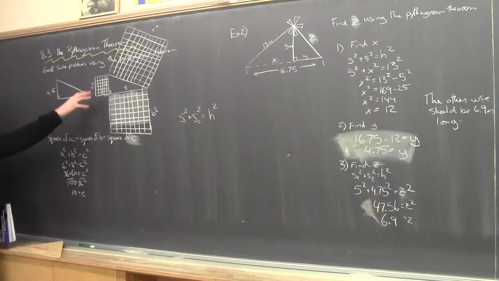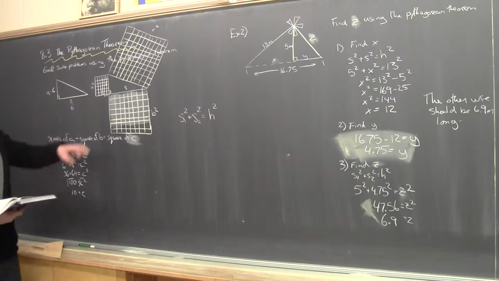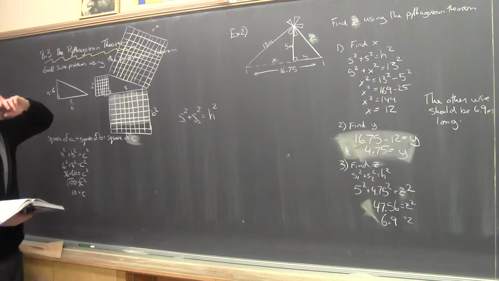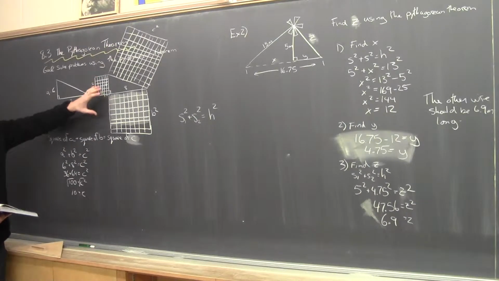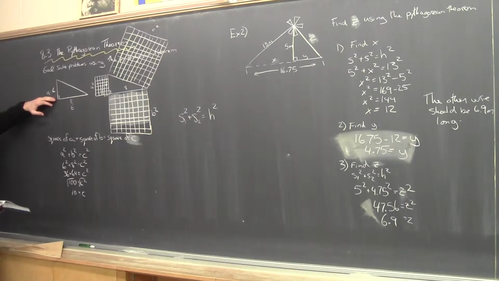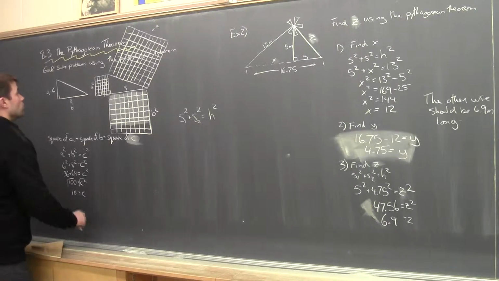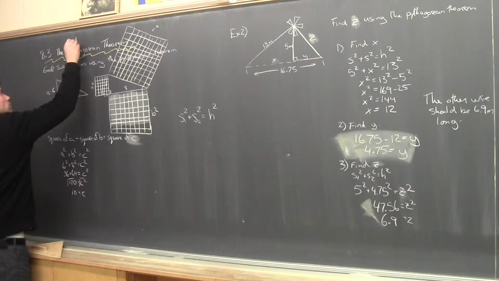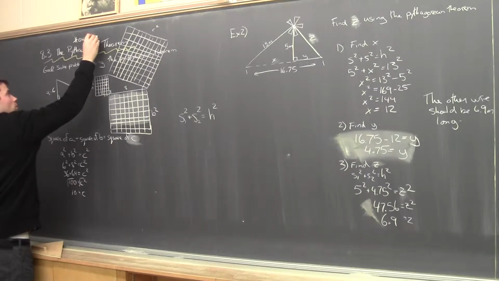I wanted to give you an algebraic representation of this theorem. I did draw this a little bit too high, it's gone into the title, but that's okay. We can still see what's going on here. So we have a triangle with side lengths 6 and 8, and we're trying to find out what the third side length would be. It's a right angle triangle. Remember the Pythagorean Theorem, very important that you remember this. It only works for right angle triangles. I'm going to put a star up here. Only for